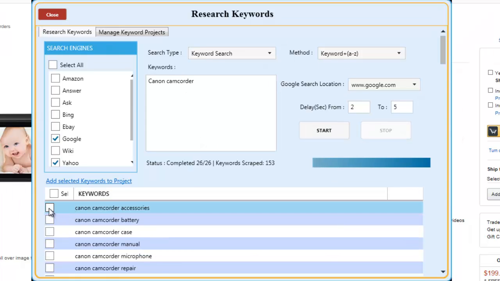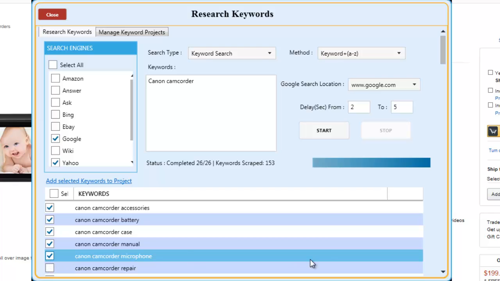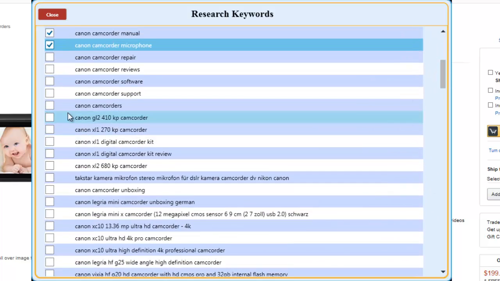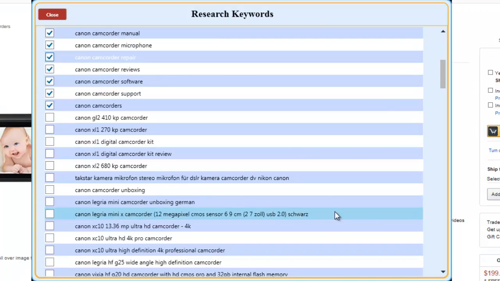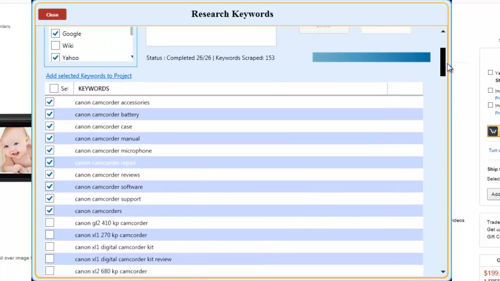So from here, you've got Canon camcorder accessories, Canon camcorder batteries, Canon camcorder case, manual, microphone, and you can start choosing all sorts of keywords that you want to down here. Canon camcorder support and software and reviews and repair. Now, one thing really cool about this, guys, is you could create multiple videos around all these keywords and have the software